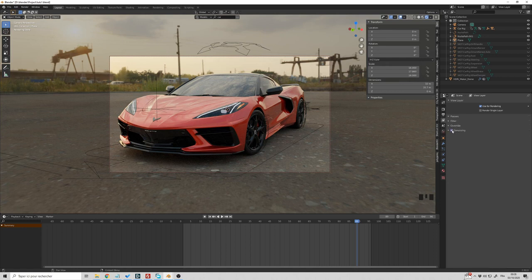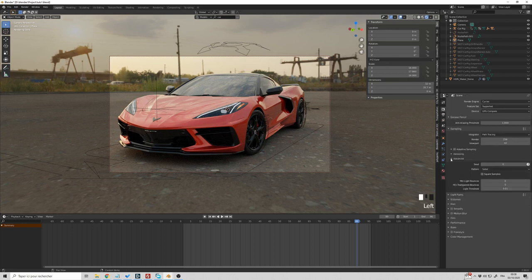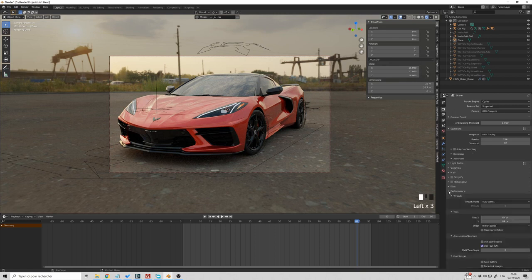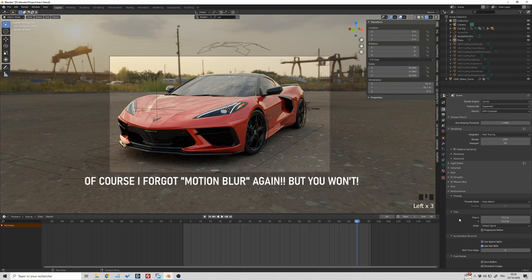I'm using this denoiser also. And because we have a GPU, in the performance tab we should raise the tile size to 512. Okay, this is the setting I use for the render.